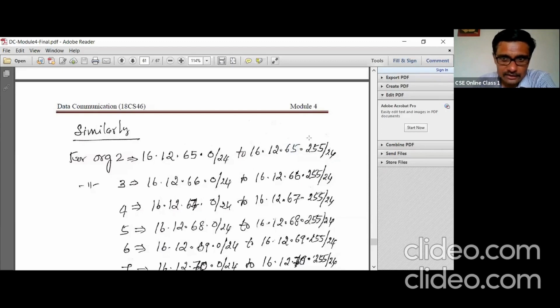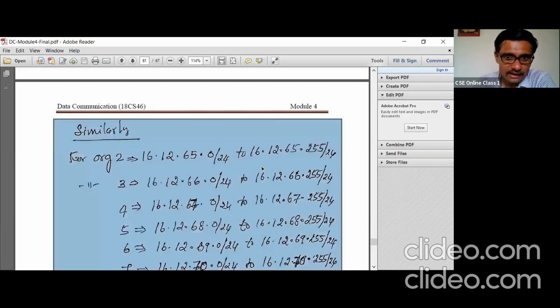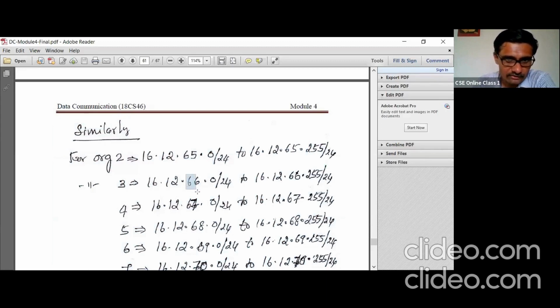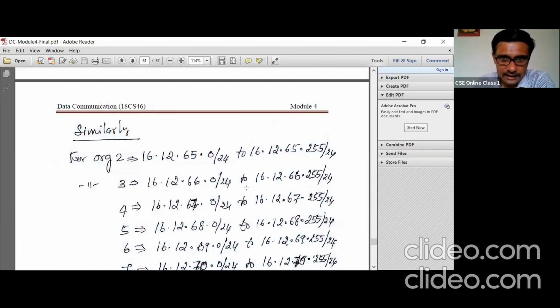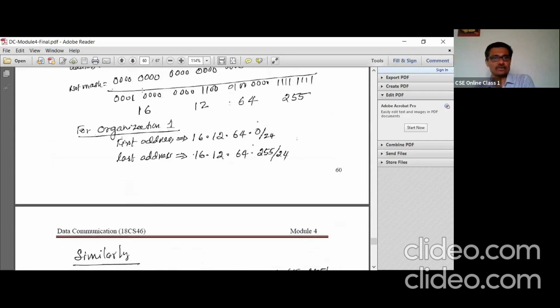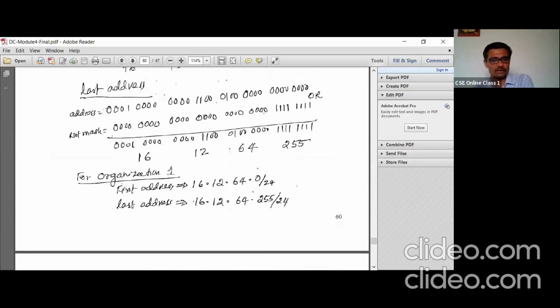Then this becomes 0, and that is the starting address of the next one. You can see here this is 66 and this is 0, so this is the starting address. Again, for the last address, you make this 0 to 255. Like that you can proceed, or use this method and compute, but it is time consuming.